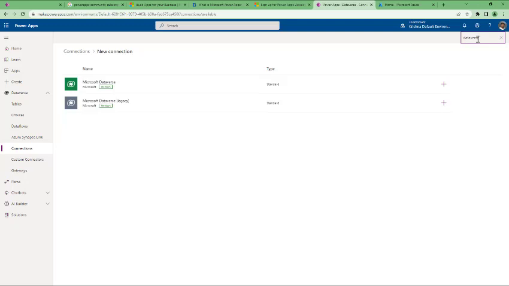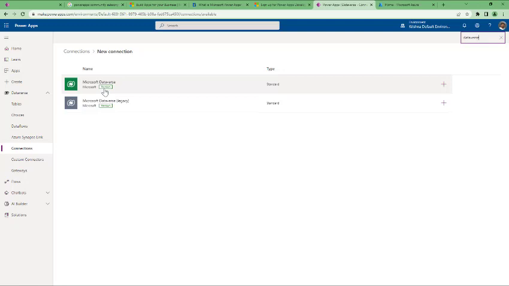So at that time they had one connector, the old connector, and they renamed it as the Microsoft Dataverse Legacy connector. But what is latest is Microsoft Dataverse. And if you notice, it is clearly mentioned that it is a premium connector. What is a premium connector? Again, a premium connector needs an additional license. A premium connector is an additional connector which gives you the capability to communicate with